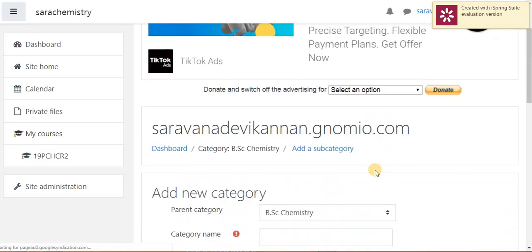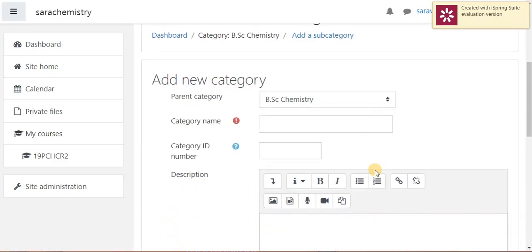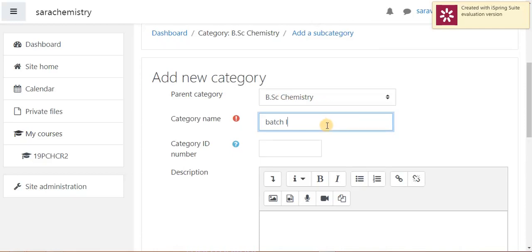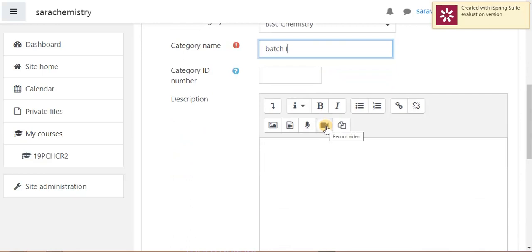Now I am going to create a new subcategory as batch 1 under the main category of BSc Chemistry. Like this, you can create many categories and subcategories.